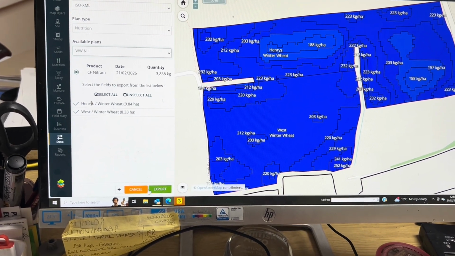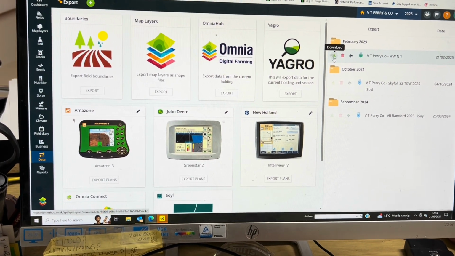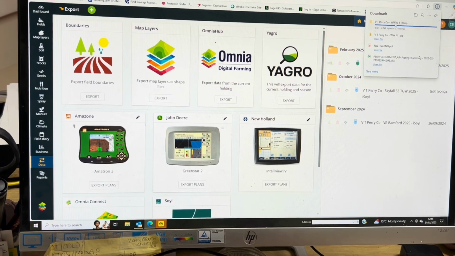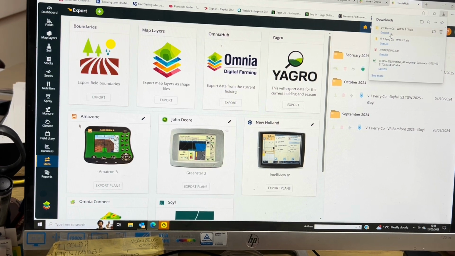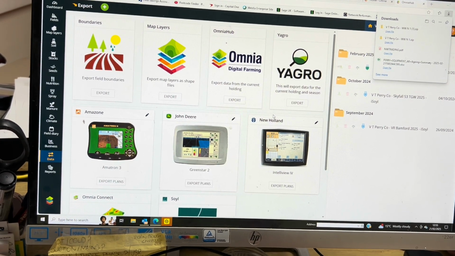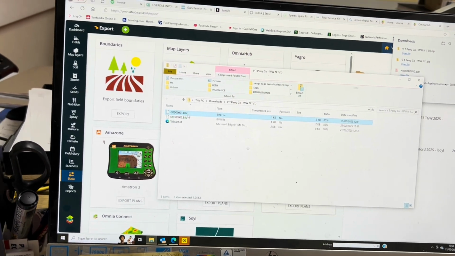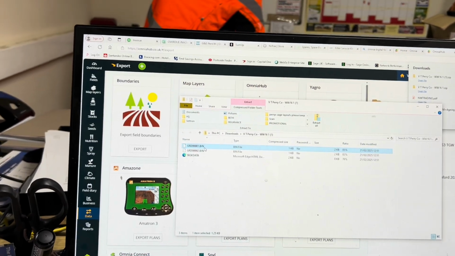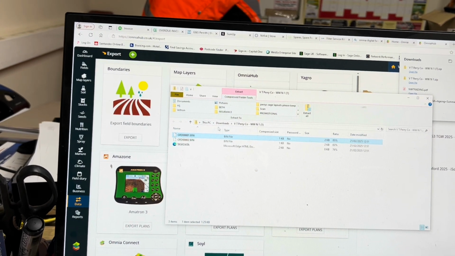Once exported, you get this icon at the top right hand side of your screen. If you click on download there, it will download it to your computer. What we then want to do is open this particular file up, and you can see here there are all the elements of the actual plan itself. I'm going to copy and paste all of those into the